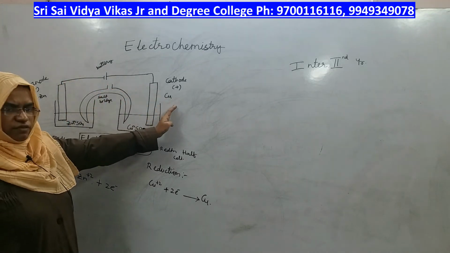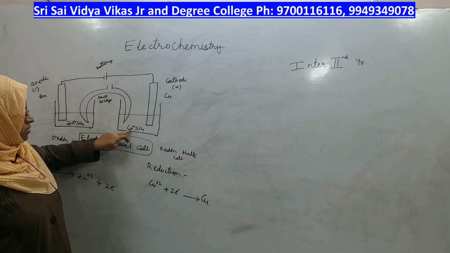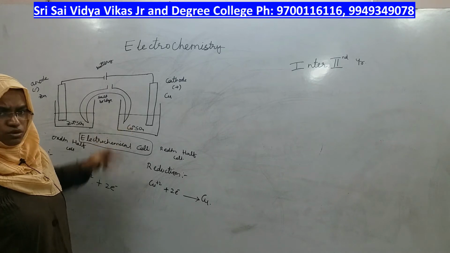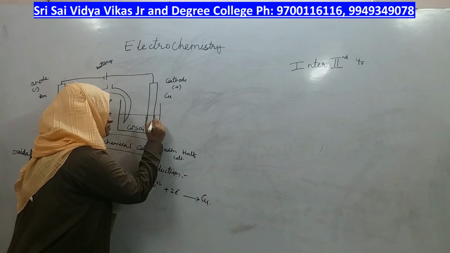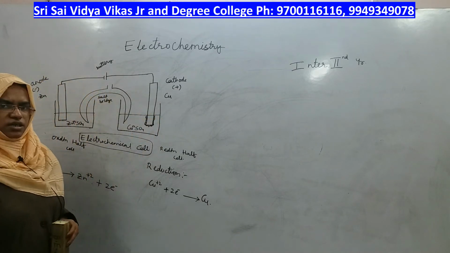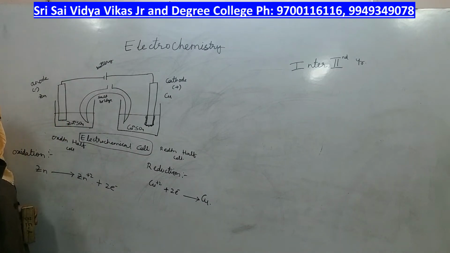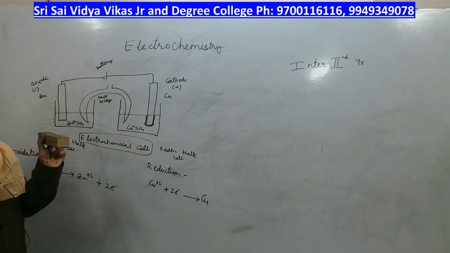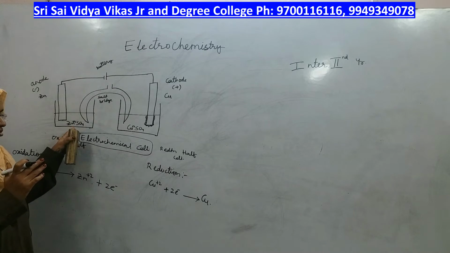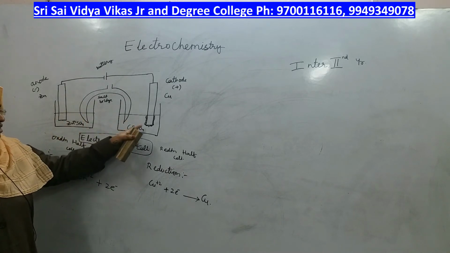Coming to this side, what will they do? The electrons coming from the opposite side will be accepted by copper plus 2, which converts into copper atoms and starts depositing here. Zinc is falling back into the solution, so it starts depleting in size, and copper accumulates on the wall. One is depleting in size because it is going into the solution, the other is enlarging in size because it is depositing.